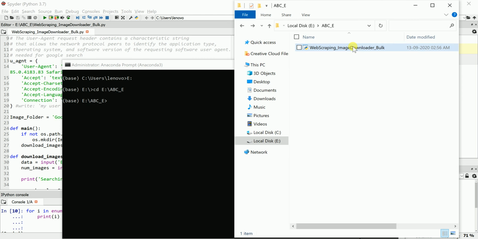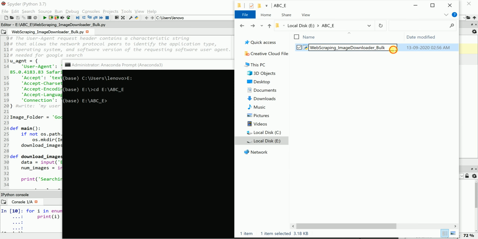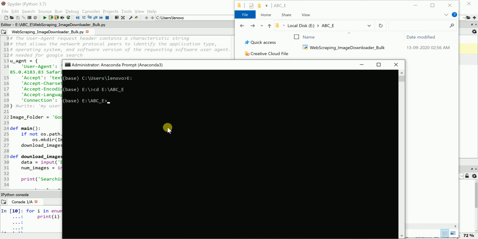Then I copy this file name. To run this I need to write python, then give the name of this file with the extension .py.